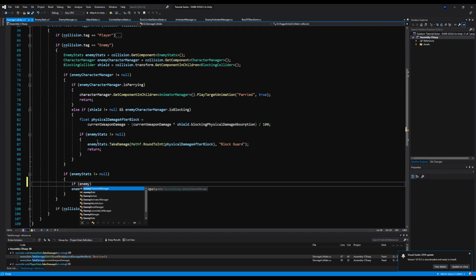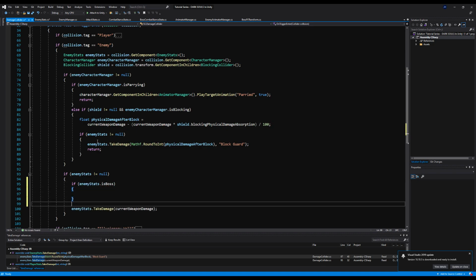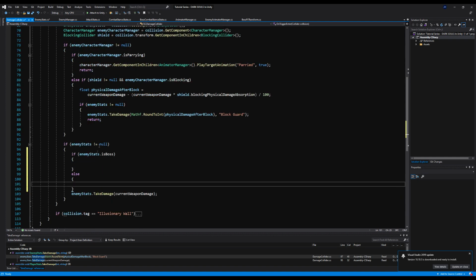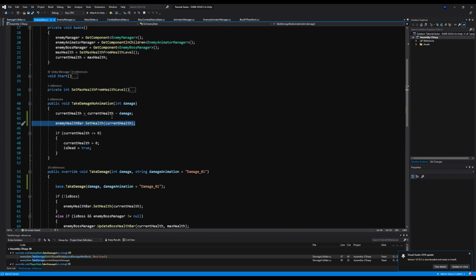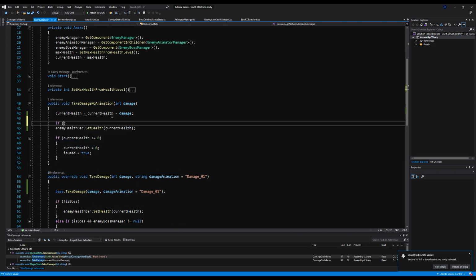For now, we're going to say if enemy stats does not equal null, if enemy stats is boss, instead of taking damage regularly, we're just going to take damage with no animation. I'm doing this because in the next video, we're going to do a poise system. So for now, let's just make it so our enemy cannot have a damage animation. We'll set up a way to actually deal with that in the next video. So we're just going to say enemy stats take damage, weapon damage. So back here in the take damage, no animation, we're going to say if is boss,